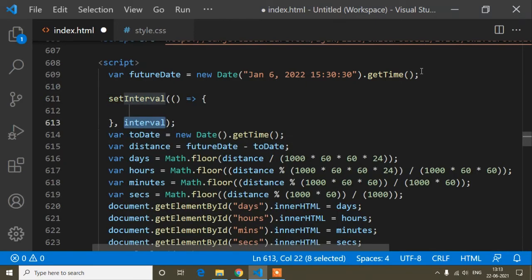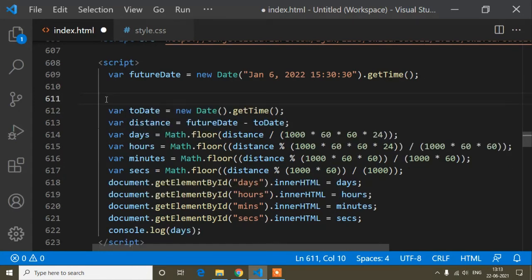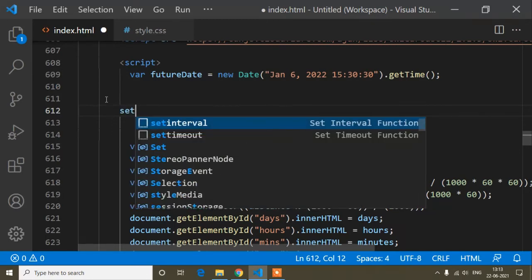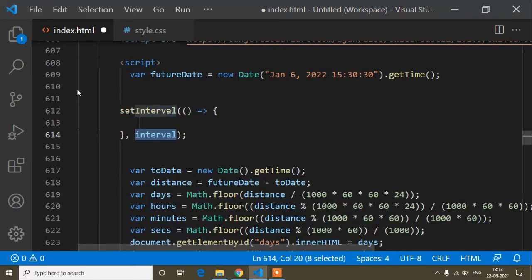If I just show it again, I simply have to type setInterval and you can see enter. It's showing all the methods, and it's a callback method. You just have to write this syntax.